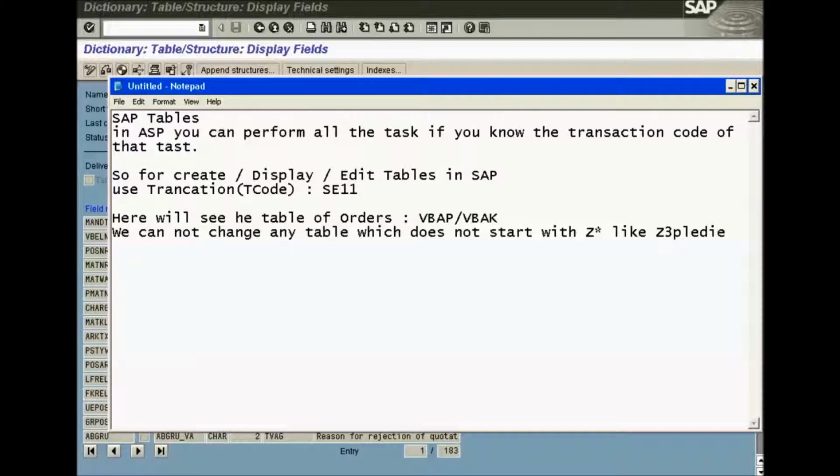Mostly people use the letter Z, and those who are doing some kind of activity where SAP is involved performing some development work preferably use Y in that case. Or if you're developing some product where you are not working with SAP, you probably use Y as the starting letter for your tables, or any transaction that you create in the SAP system.